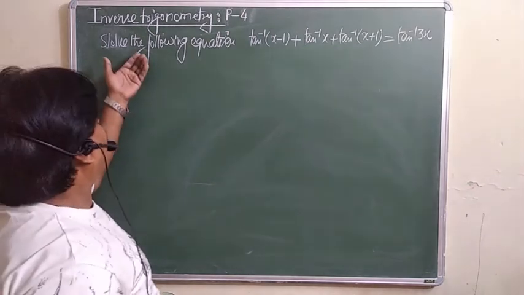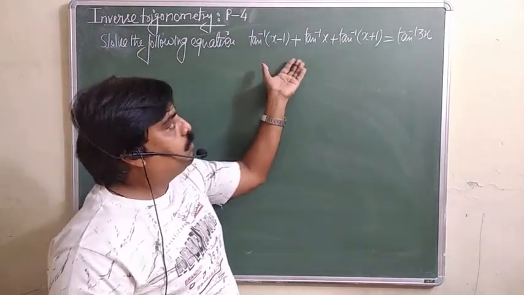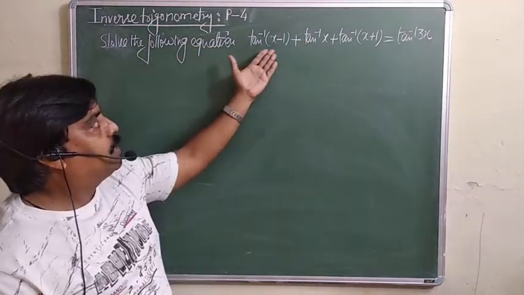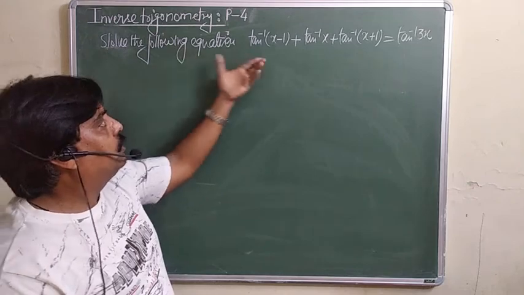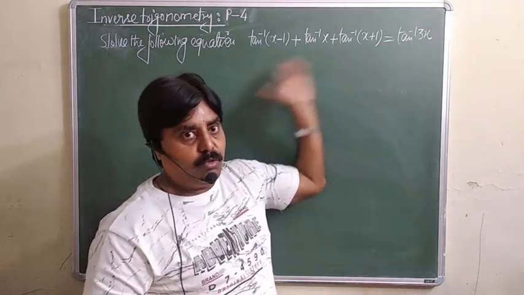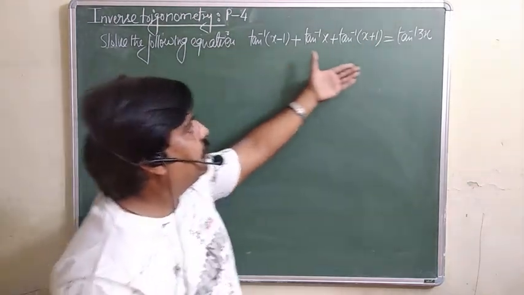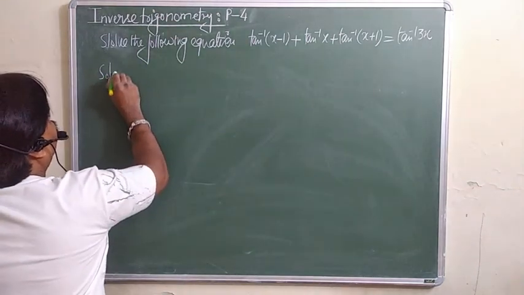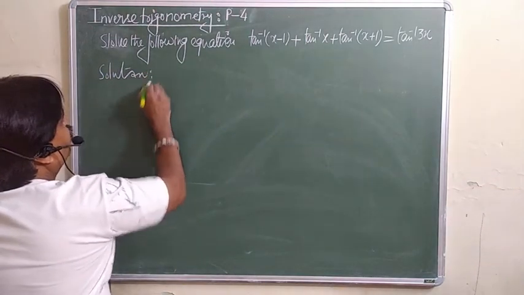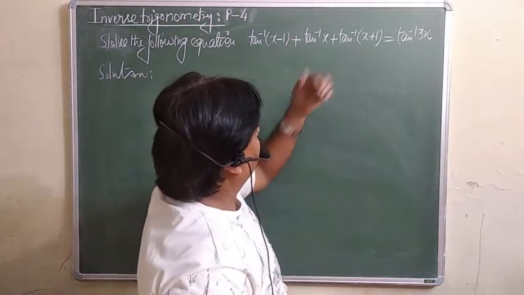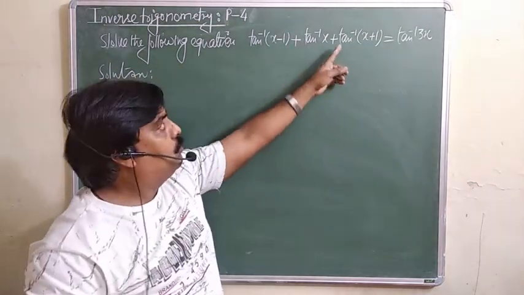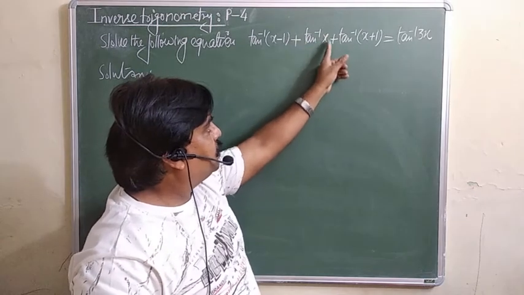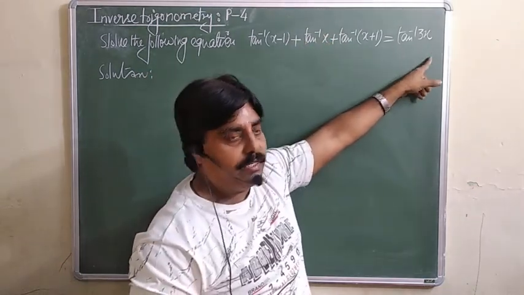Yes, now the question is to solve the following equations. We want to solve it. It means we are interested in finding the value of x. This is not given, and prove that is an entirely different thing. He is simply saying you are supposed to solve this one. So look at the solution here. We are interested in finding the value of x. For our own convenience, what we will do is transpose this tan inverse x to the right hand side.